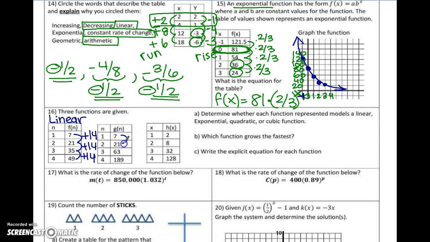Over here on this one, 7 to 21 again. So I could multiply by 3,